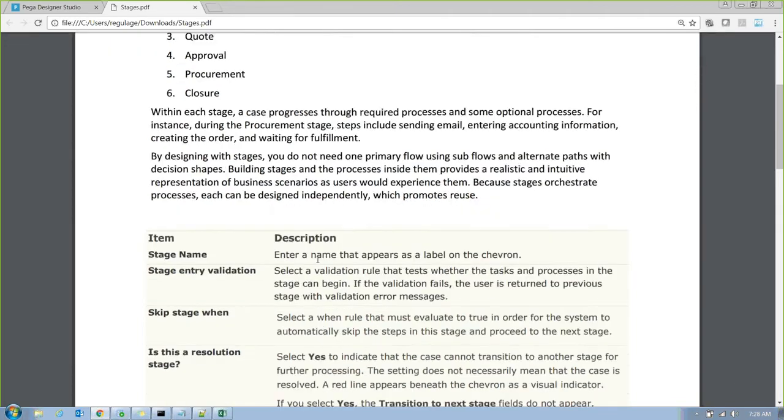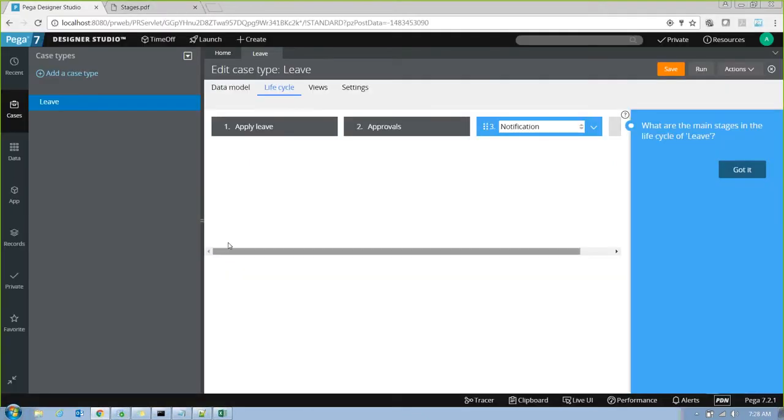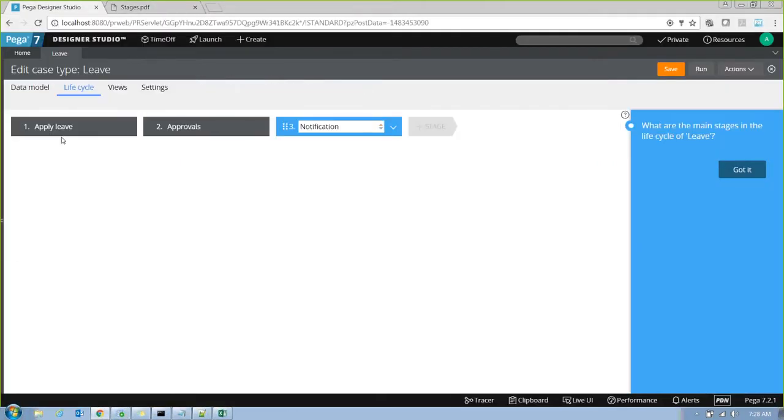Okay. We also have something called alternate stages. So stages, how do they execute? So once the user logs in to the application, you will enter into the apply leave stage. Whatever flows, validations, you give here, you will execute all that. Once he is done with apply leave, he'll move to approval. Done with approval, he'll go to notification.